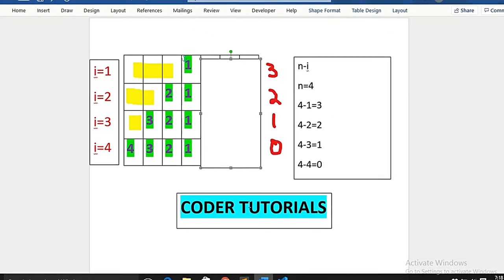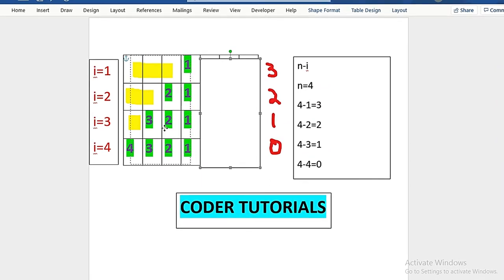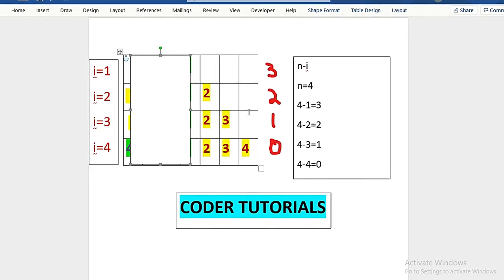Moving forward, next thing that we need to print is this pattern. I told you I have divided this code basically into three parts. One is the space part, one is this left right triangle, and right triangle. So now it's time to print this right triangle. As we can see, it starts getting printed from the second row, and the number that first gets printed is 2. And from this number 2, it starts to print all the numbers till the row index value itself. So we can basically say that the loop will run till I plus 1,